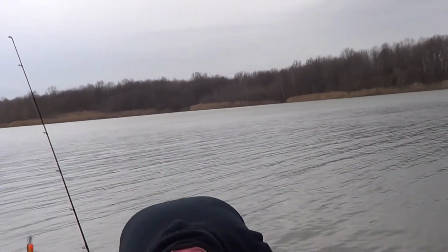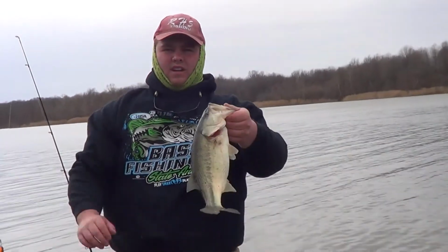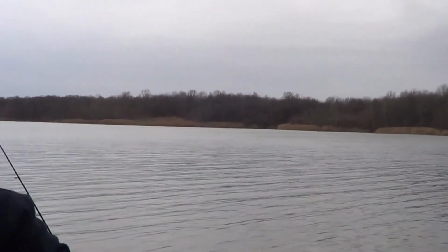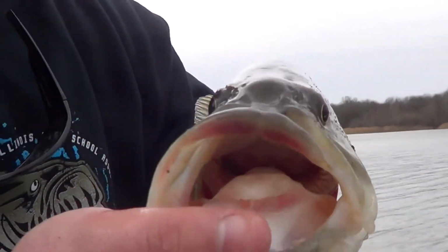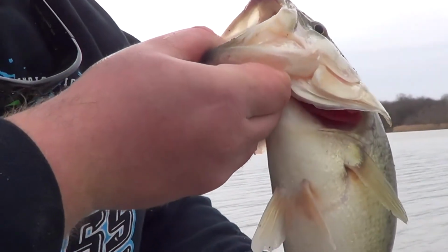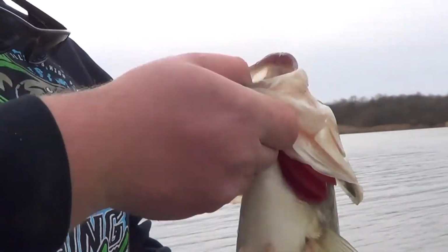Yep, 16 and a half. Not quite a keeper. But I'm gonna show you guys something, if I can get it. I don't know if you can see in there, but that fish's mouth, oh, he's not gonna open his mouth now. Very back of his throat's really red, and that usually means they're eating crawfish pretty good, but